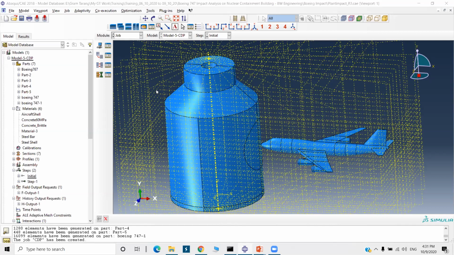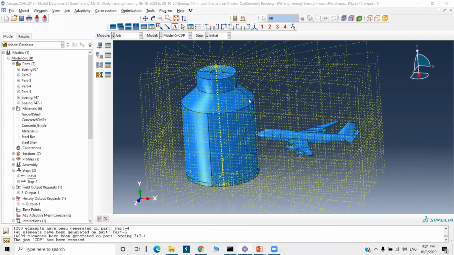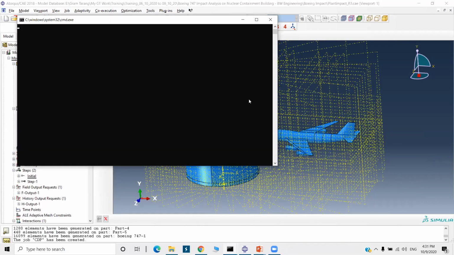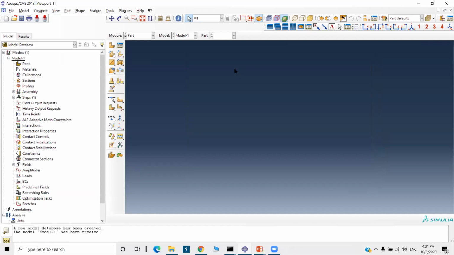Okay, we will now see a natural frequency analysis of the aircraft wing. I will just open new Abaqus.